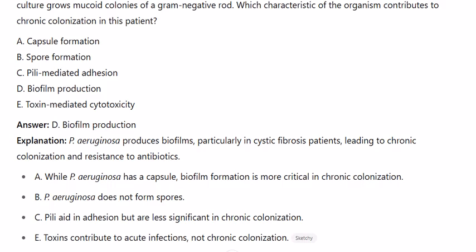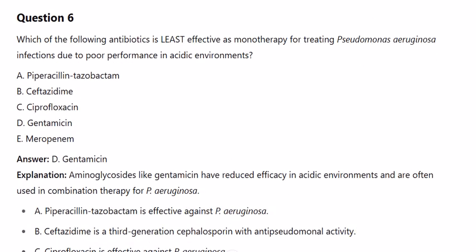Question 6. Which of the following antibiotics is least effective as monotherapy for treating Pseudomonas aeruginosa infections due to poor performance in acidic environments? A. Piperacillin-tazobactam. B. Ceftazidime. C. Ciprofloxacin. D. Gentamicin. E. Meropenem. Explanation: